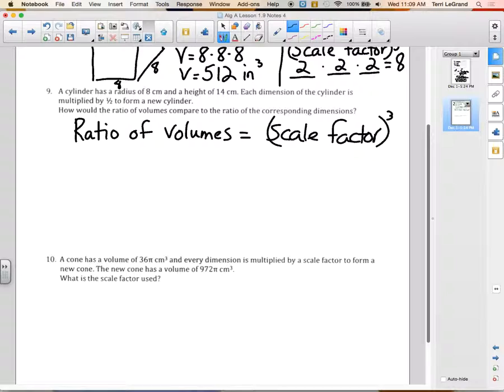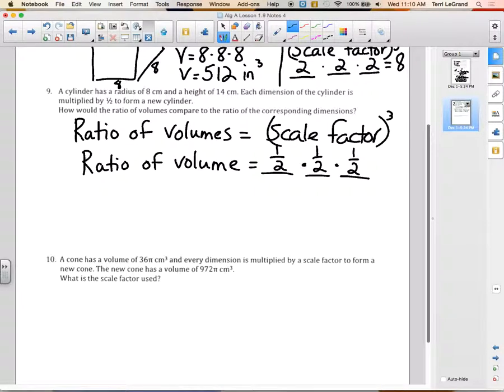But we don't need to do that. Because here's what we're going to do. We're going to find the ratio of volumes by taking the scale factor times itself 3 times. So our ratio of volumes is going to be what times what times what? What do we have to do? What's our scale factor? 1/2. 1/2 times 1/2 times 1/2. So the ratio of volumes is what that should say. So our ratio of volumes, one more time, we're going to write that, ratio of volumes equals